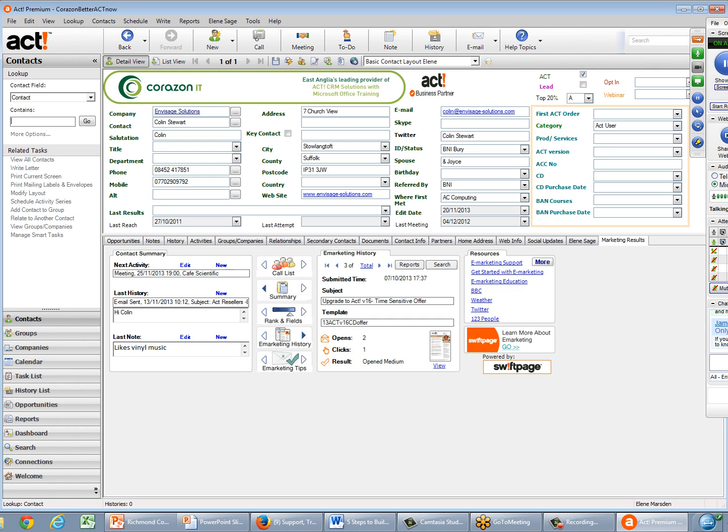So that one he opened twice, this one, he didn't open that one, but you get the idea. You can just go through and have a look, but he was particularly interested in that one.